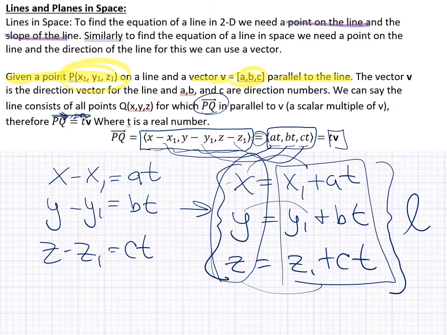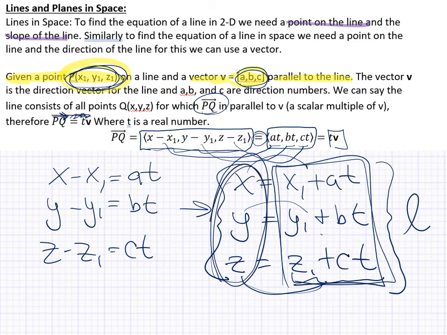a function of t. Because remember, x1, y1, z1 come from the point P, which means they're just constants. And a, b, and c come from the vector v, which means they're just constants. So t is the variable here. So z is in terms of t, y is in terms of t, x is in terms of t. That's your set of parametric equations that define your line L. And any x, y, z that satisfies these equations are the x, y's, and z's that are on the line